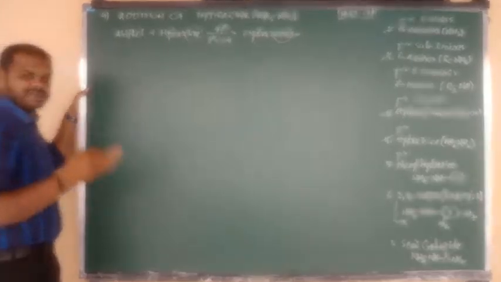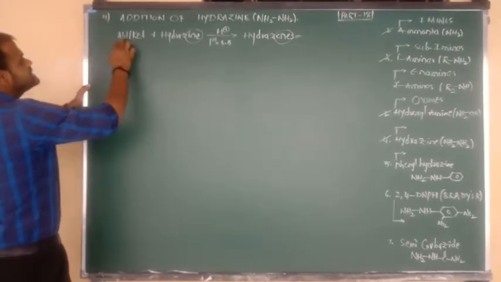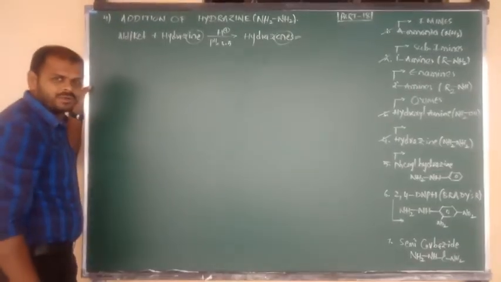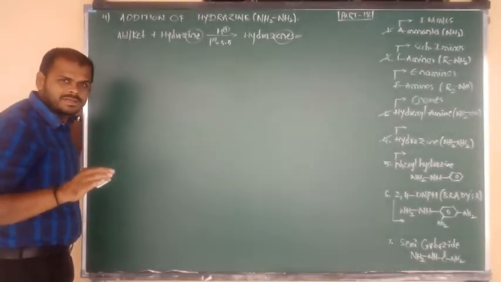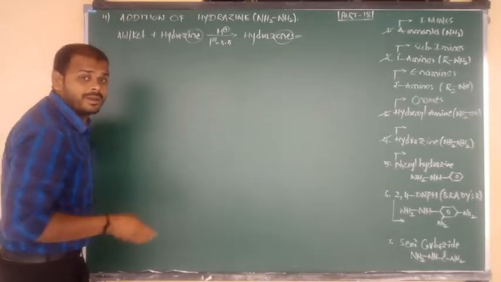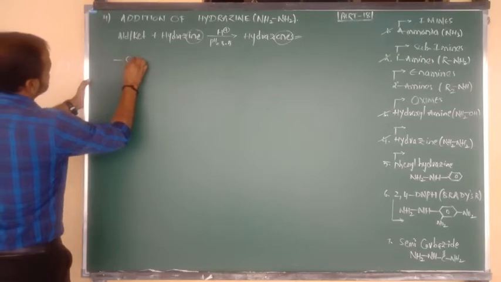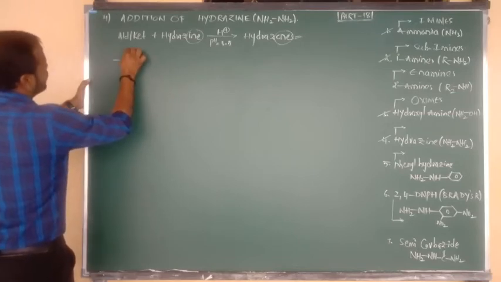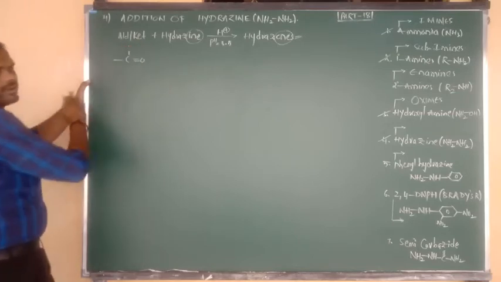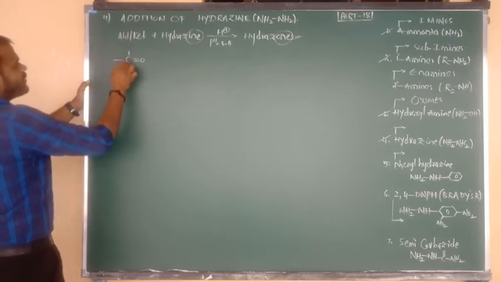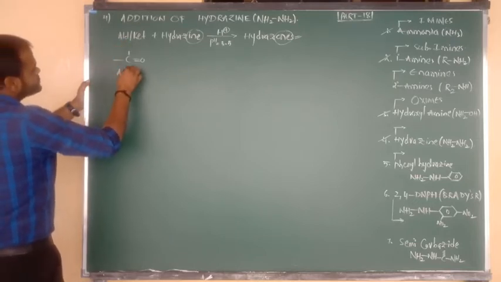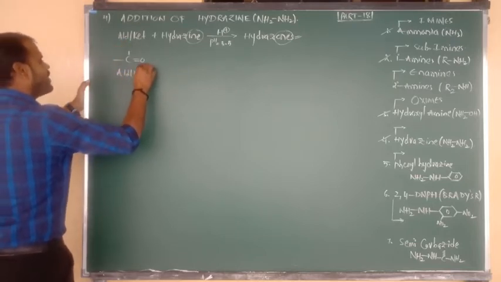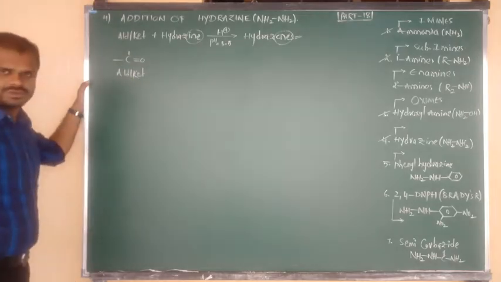So first we will write a general equation, beta. What is the common formula of aldehydes and ketones? Aldehydes and ketones are nothing but carbonyl compounds. They have the carbonyl functional group, bond C double bond O, again bond here. So this is the common formula of the carbonyl functional group, and also the common formula of aldehydes and ketones.